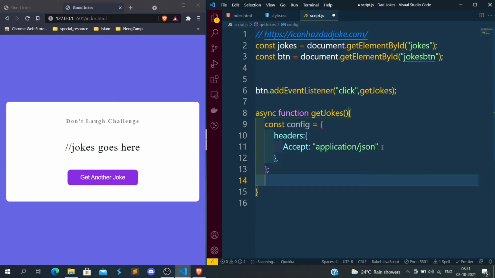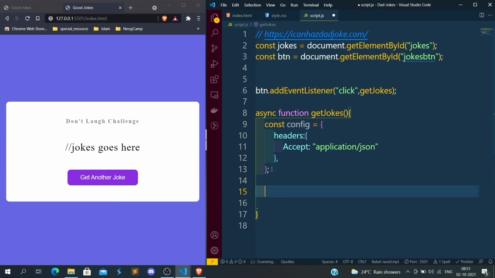So after that, why have I given this async? The reason I have given async is that we are calling this API in this method. Since the API response is asynchronous, it will return a promise. To handle the promise we have to add async and await.